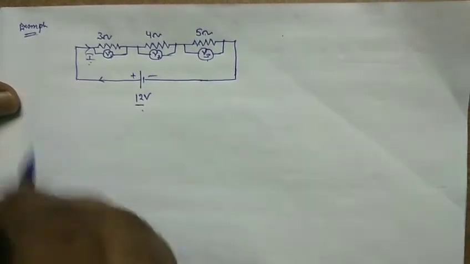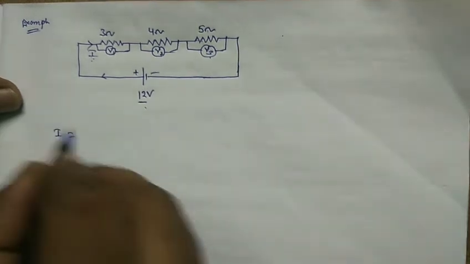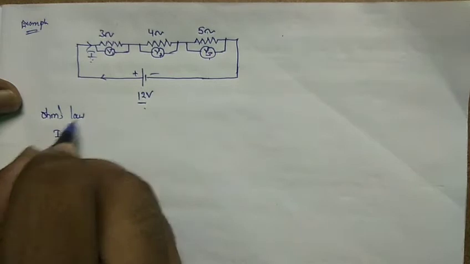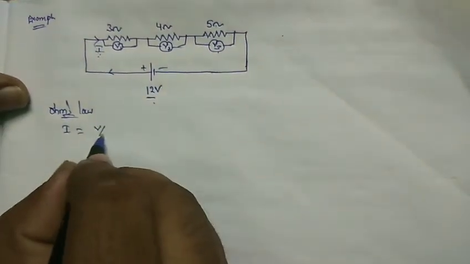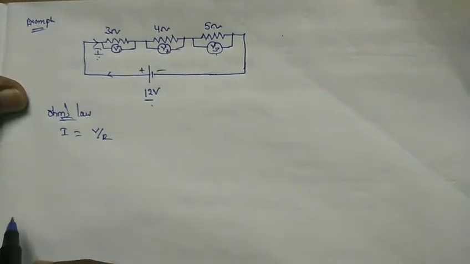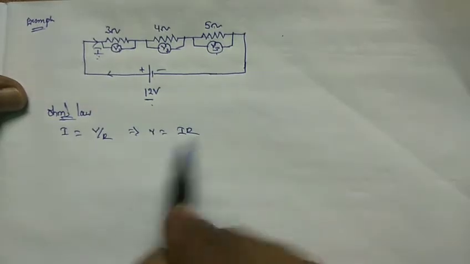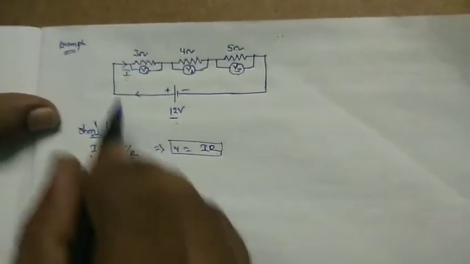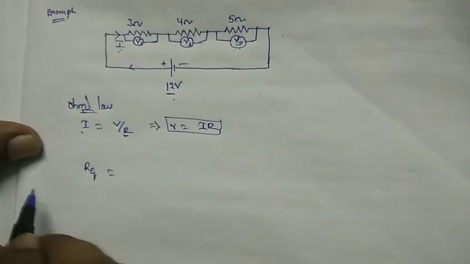Let us see how. First of all, we have to find the current. According to Ohm's law, I is equal to V by R. That implies V is equal to I R. First I. So for R, we have to find R equivalent. R equivalent is equal to